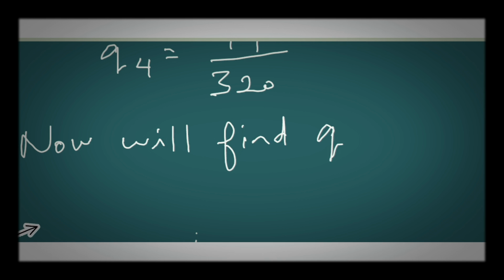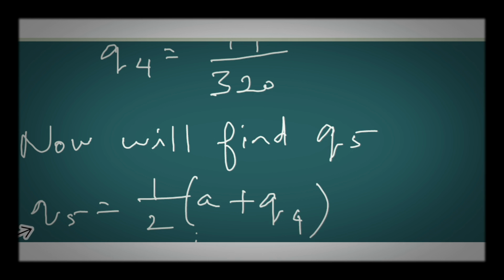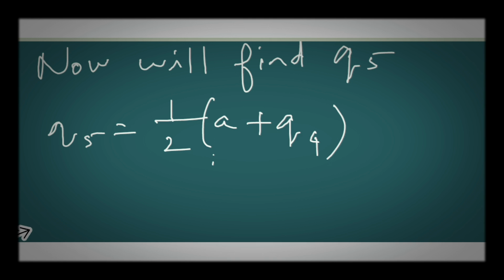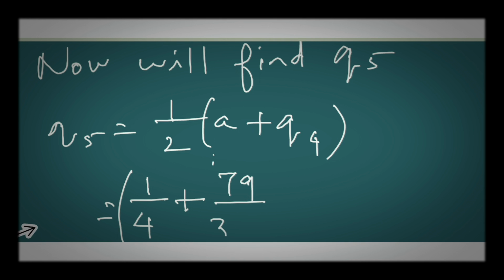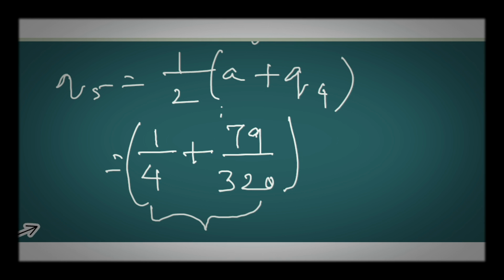Fine. And now finally we have one more value to be solved, that is Q5. Please carry on with this. Before I write it, you try to write along with me. So what is the formula here? 1 by 2 and within the bracket A plus Q4. And we know what to write. 1 by 2 and within the bracket, what could be the value for A? Yes, it is 1 by 4. That has to be carried commonly with the usual steps we have done before.